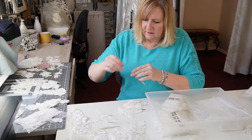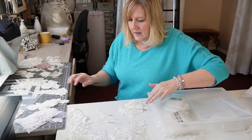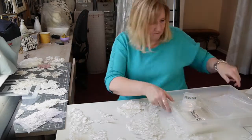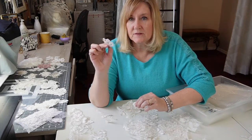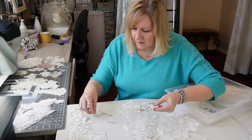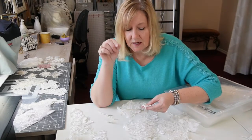The other thing I love these little bags for is individual appliques. So you can see all the big appliques that I have, but there's always these little tiny ones where there's just a couple leaves. Now I've lost them, they're so small. Okay, I can't find them now. But you'll have just a piece with some leaves, and sometimes I just make a baggie of just the little individual leaves or the individual flowers if they don't match anything else. Here's one. I couldn't find which one that matched, so I just make a baggie of little leaves, because sometimes, here they are,